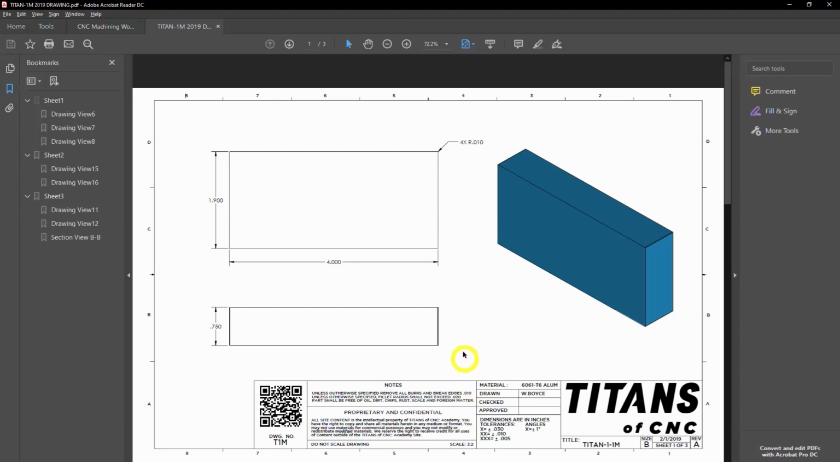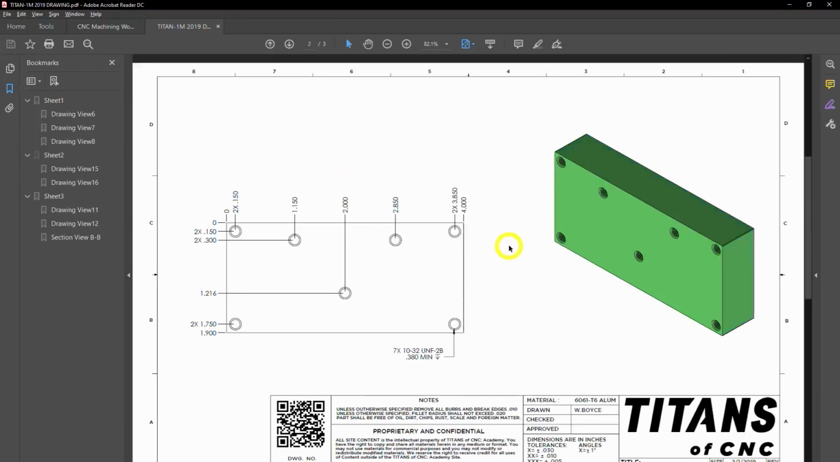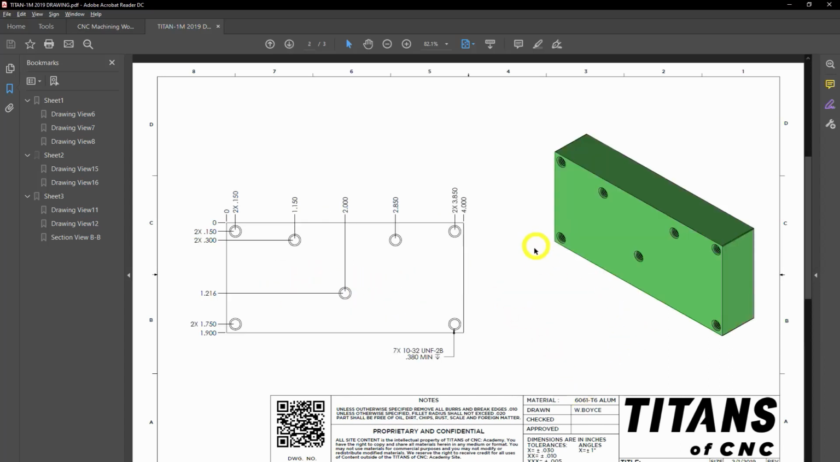So we have our drawing here of our part, and you can see this is the stock page. This is a separate page that calls out just the holes, and then a final page which is calling out the pocket dimensions. So we look at the holes, we can see we've got 7 holes that are supposed to be 10-32 UNF tolerance, tapped to a depth of minimum 0.380. So I know now that I have a 10-32 tapped hole,